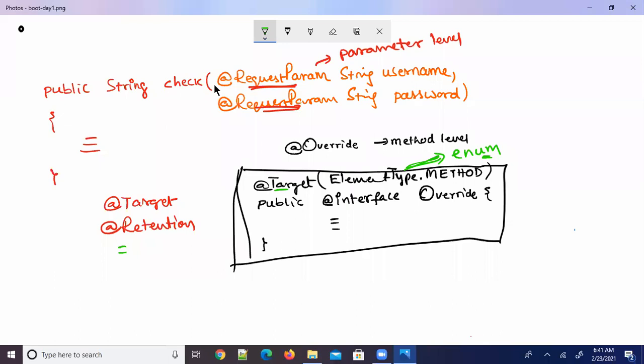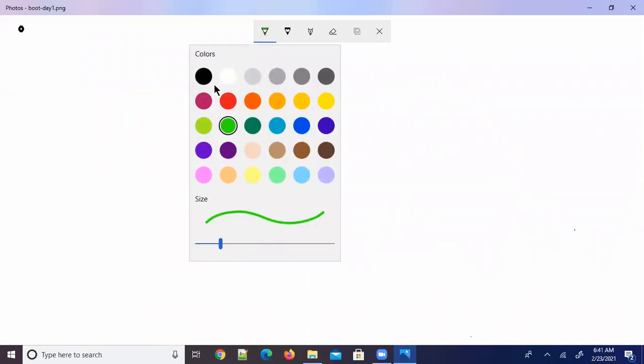I would like to explain some more. For example, I'm creating my own user defined annotation now. Let me write here @Target. Let me write more than one element type, so within curly braces.